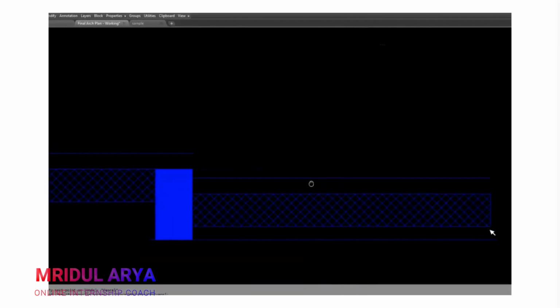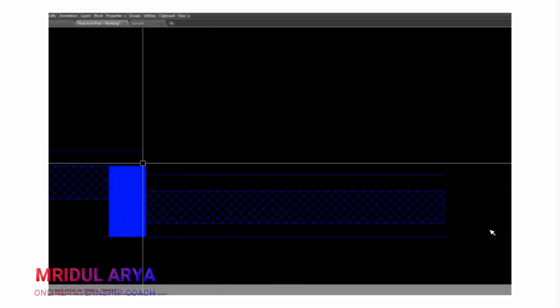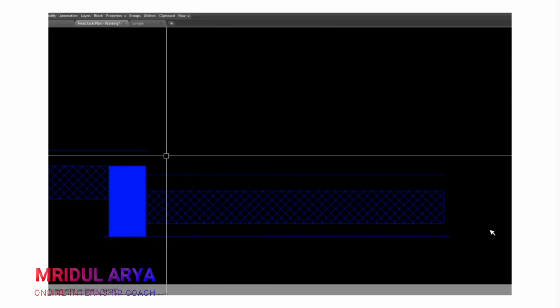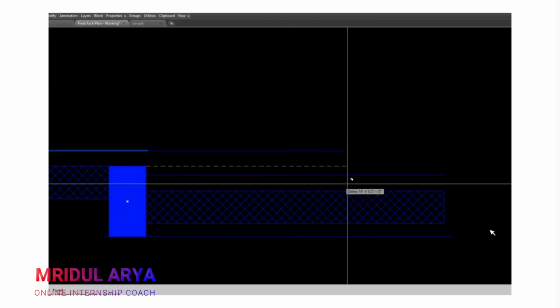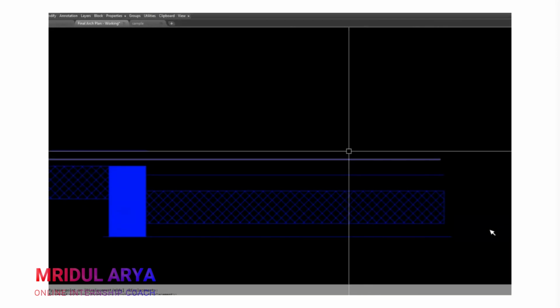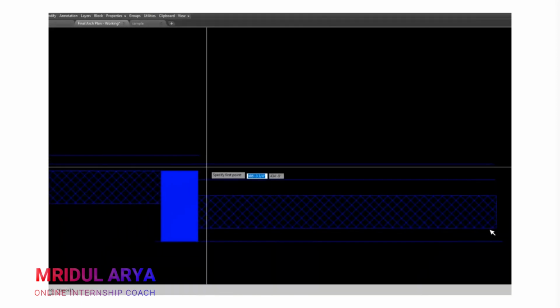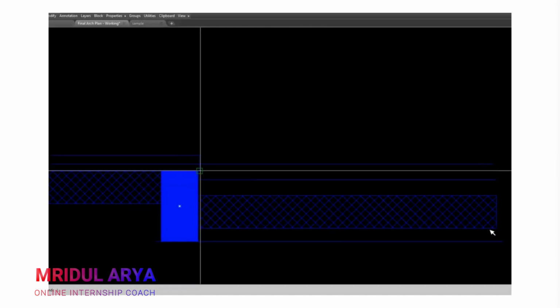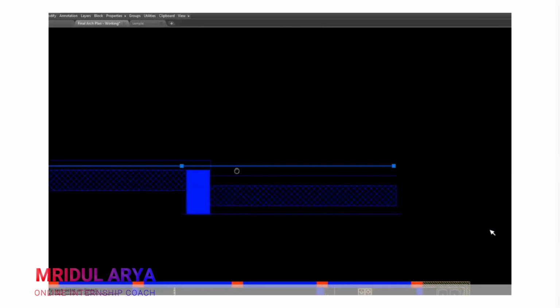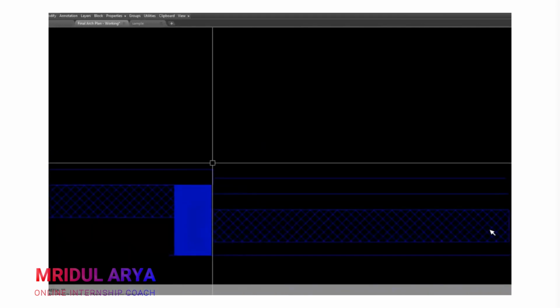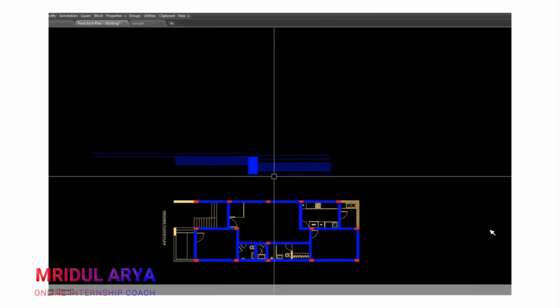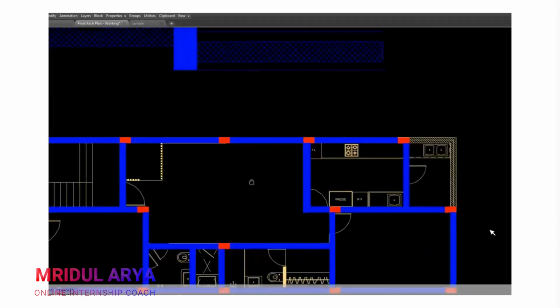You can reduce your hollow blocks and just give a drop in your floor, and directly place your floor finisher in it. That's how your floor finish drop will be. Okay. That's what a sunken area is.